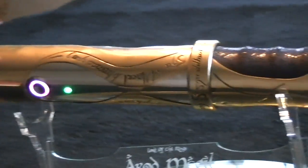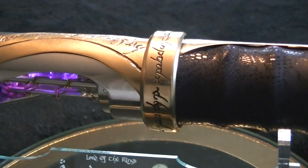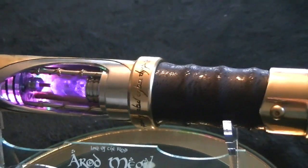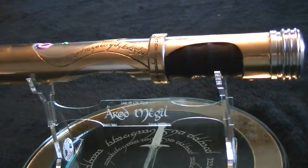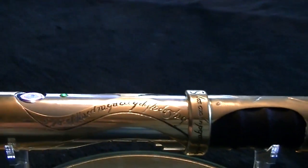Engraving was extremely intense, very hard for me to do. It's a totally new skill, but I think it came out really well. Tengwar script is actually pretty difficult. We hope you enjoy it. The saber is going to be going off to Australia